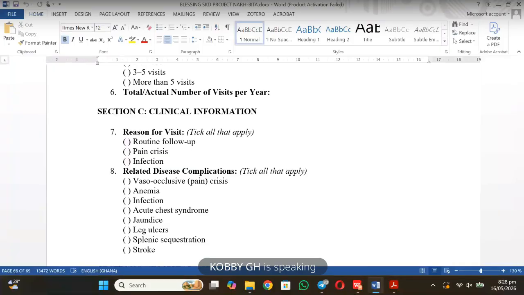Usually it's the same for a prospective study, where you can use both a questionnaire and a checklist together. So for people doing prospective studies, they can make use of both a questionnaire and a checklist. So now you know what a checklist means and when we use it. You know what a questionnaire means, when we use it, and the types of questionnaire. Is that okay? Now we have another type of